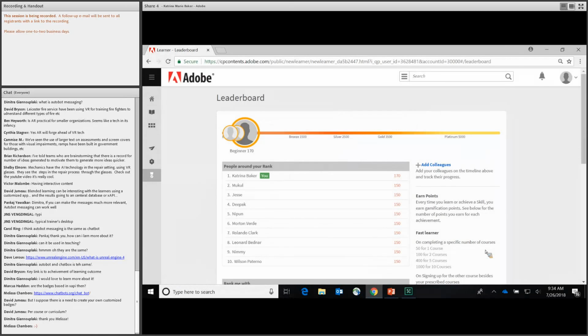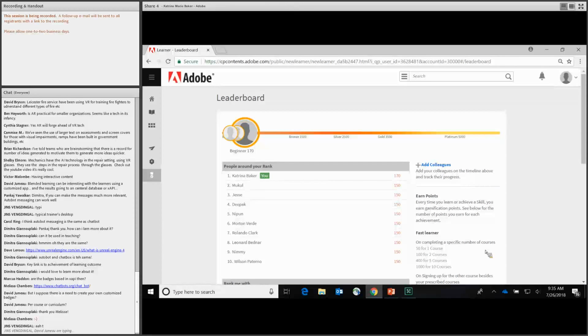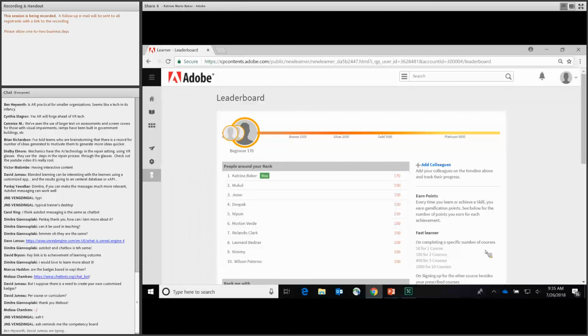And what are you saying here, David? You're saying, I suppose there's a need to create your own customized badges. I'm trying to see where you were going with that thought. By the way, let's say you have, I can't remember how many exactly are in Prime, but 10 or 15 badges that are automatically within the system. You can have the same badge picture representing multiple classes, if that makes sense. So you can just basically go in and say, okay, well, this particular course or this program will earn such and such badge, and you can attach it.